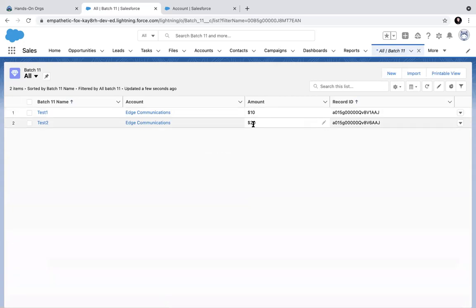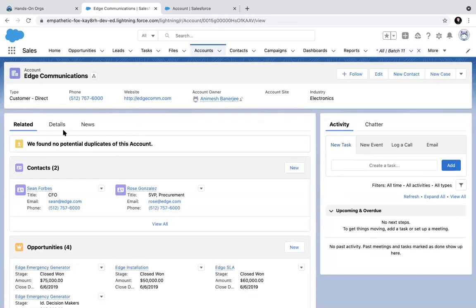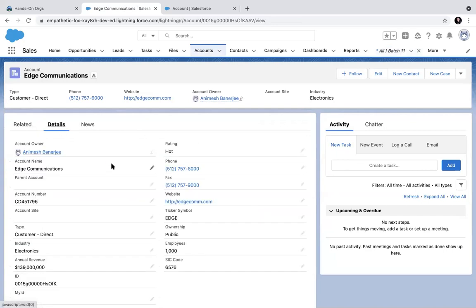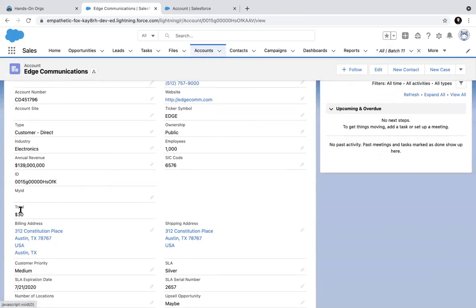So amounts 10 and 20 are available for 2 records on the same account. So let's go to the account. If I go to detail, you see I have created a total which is adding up 10 and 20 and putting together 30.